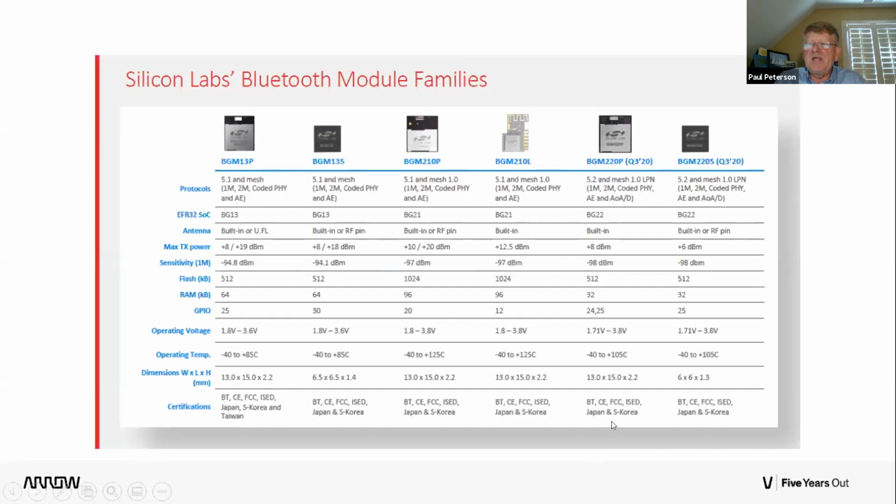So if you were to design at the chip level, you could expect to pay, let's say, roughly $8,000 to $10,000 to achieve just one of these certifications. At the module level, you can buy a module that's already pre-certified, and you pay just a slight premium for that. There is at some point a break-even point where it does make sense to pay to have certifications done at a chip level. But for many applications, even up to maybe 10 to 20,000 pieces, I would suggest that customers start with a module.